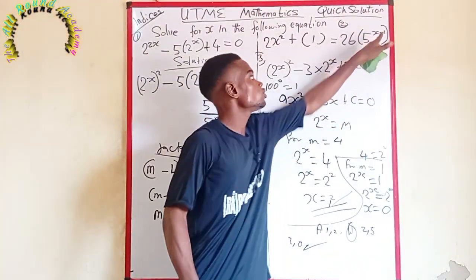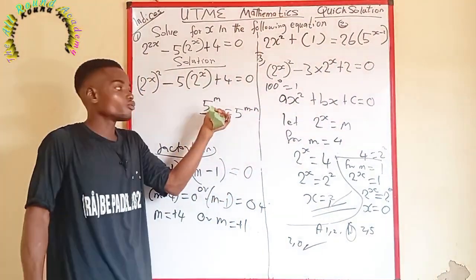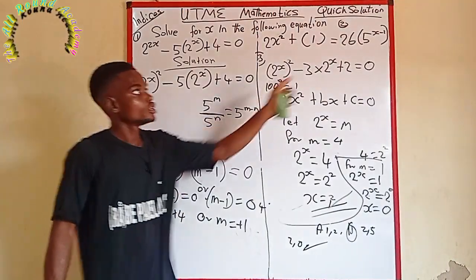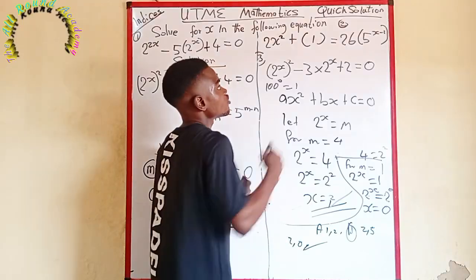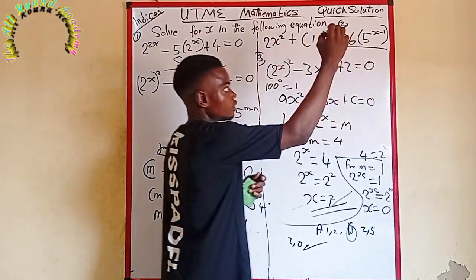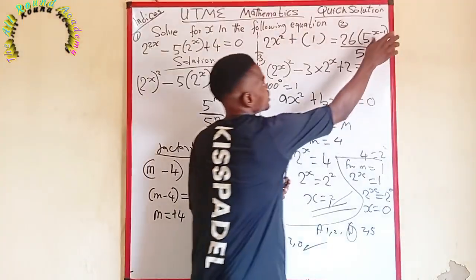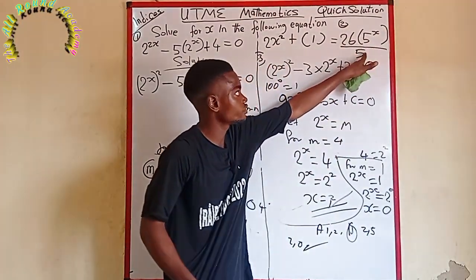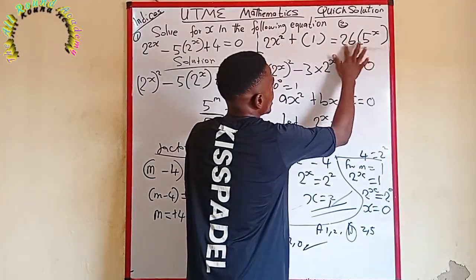Now, to be able to have m minus n, we already have 5 raised to power m and 5 raised to power n. Before we have S minus 1, we already have an expression that looks like this, all this over 5. And this was not there. So that when I call this 5 and this 5 the same base, I will now print this and now put